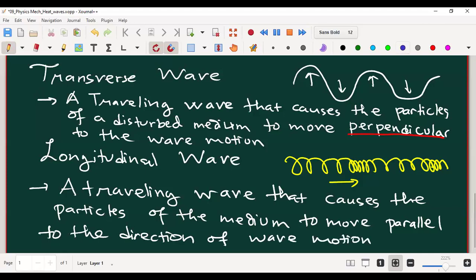The key point here is parallel, right? So for a longitudinal wave, this is parallel, but for a transversal wave, this is perpendicular. An example of a transverse wave is a string. For a longitudinal wave, examples are a spring or a sound wave. And for the longitudinal wave, there are two kinds of areas. The first is compression and then stretch.